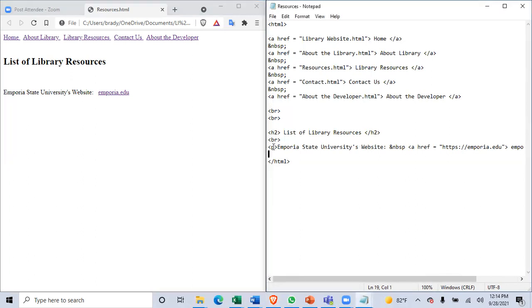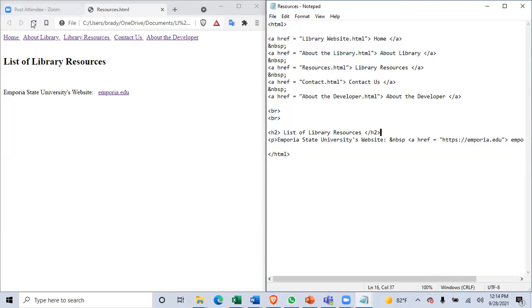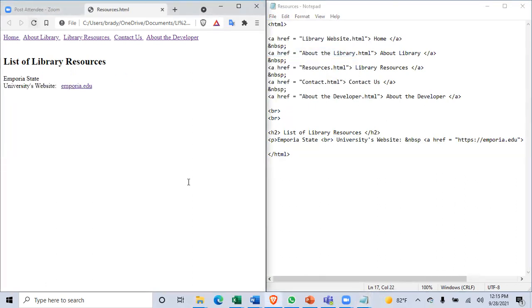And actually, this breaking space might be a little large, so maybe I want to get rid of that too. Let's see, that's actually spaced pretty well naturally. And all these elements have natural spacing built in. The breaking's really only if you need to create a break where there wouldn't be one, like if you want to create a break in between Emporia State and University for some reason, then you force it to break that way. But otherwise, the elements like paragraph and header should have breaks built in to make it look nice. So we can do that with other elements and just populate out our entire site